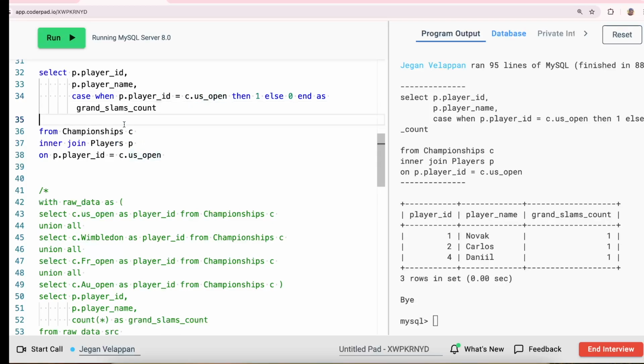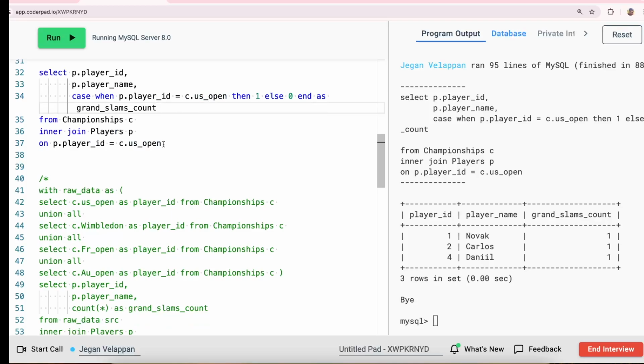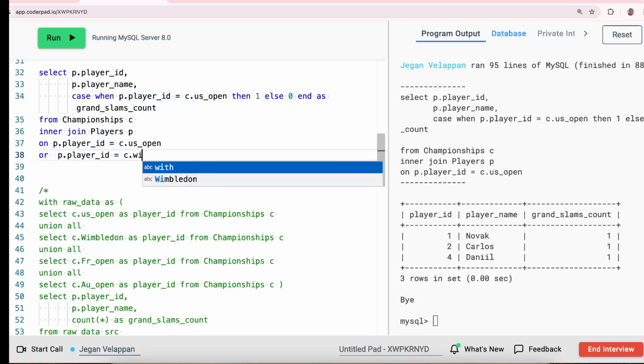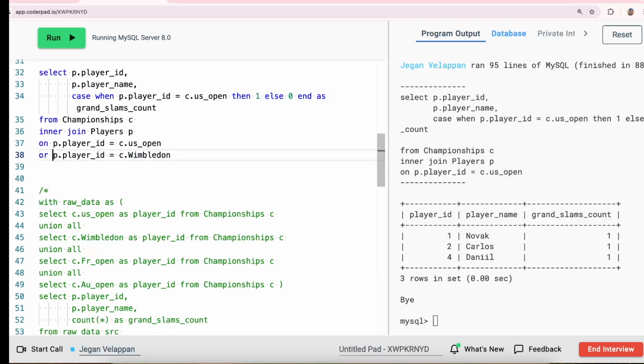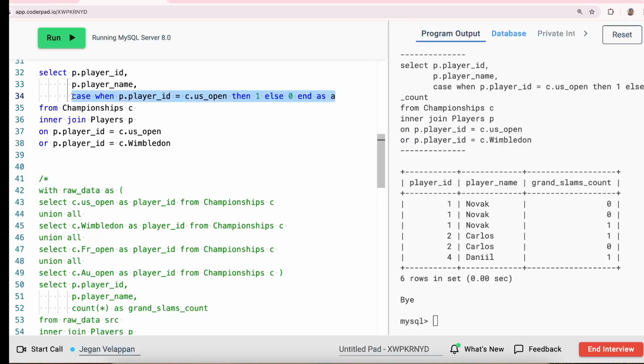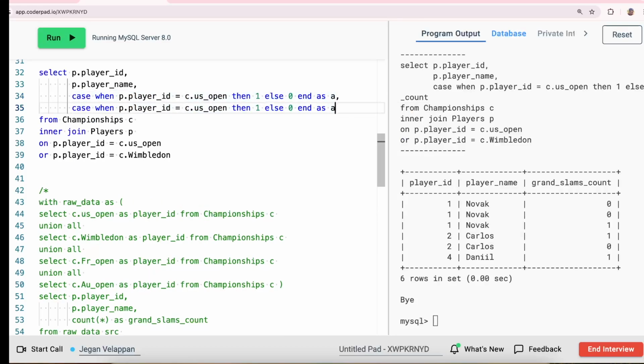If I want to go with the second part of it, or the player ID is equal to C dot Wimbledon. If that is the case, if I run it, see, for all the other combinations, right? We can just say C for namesake. We can just say A, B, C. Okay, so this is for the US Open, right? The same thing we are going to do for Wimbledon. We say B. So if I combine both, and if I run this,